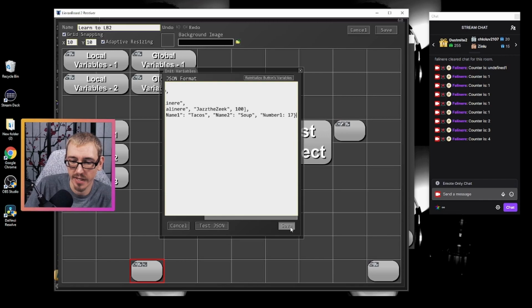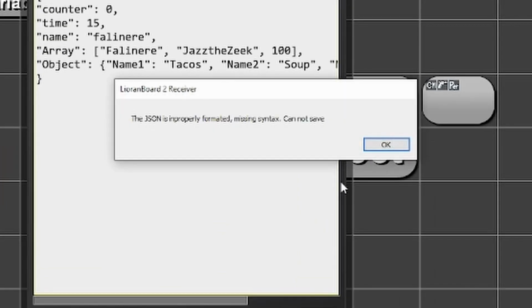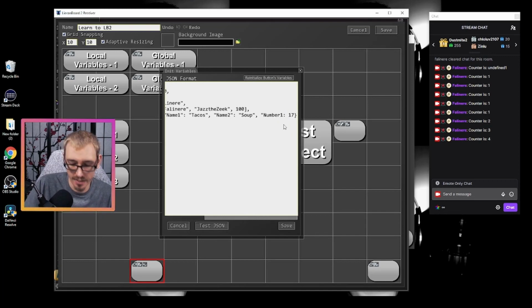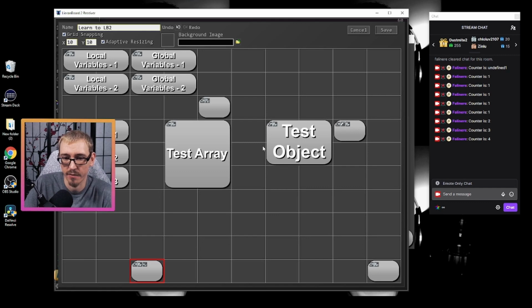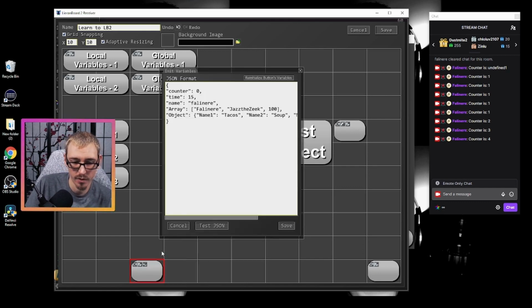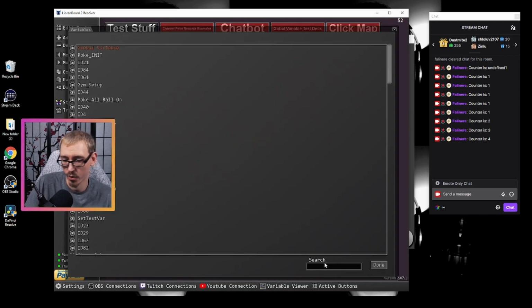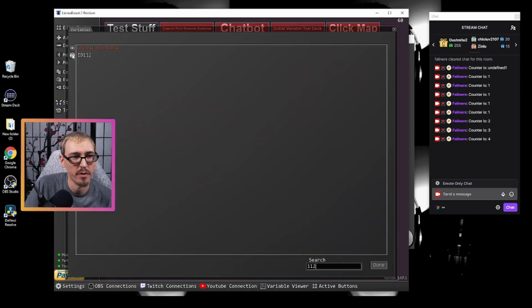Now, if we hit save, missing syntax, cannot save. Okay, what did I... I didn't end that with a quote. Okay, and save. Now, if we go to initialize these variables and hit save, go to our viewer,